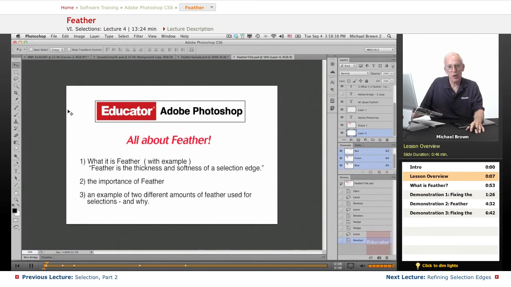We're continuing our discussion about selections. In the last two lessons, we've gone over the tools, how to apply them, how to add and subtract, how to use Quick Mask to paint corrections into existing selections or paint selections from scratch. We've talked about all of that, but one thing we haven't discussed at length is how to control the edge